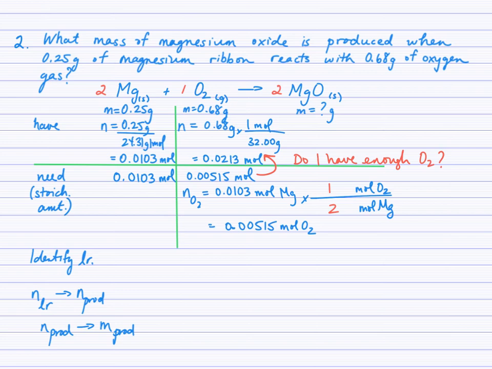So we need 0.005 moles and we have 0.02 moles. Oh, the answer this time is yes, we do have enough. So if we do have enough, we have extra, then that makes O2 excess, right? So if O2 is excess, that means the other reagent, the magnesium, must be the limiting reagent. So we come back here and identify the limiting reagent. So magnesium